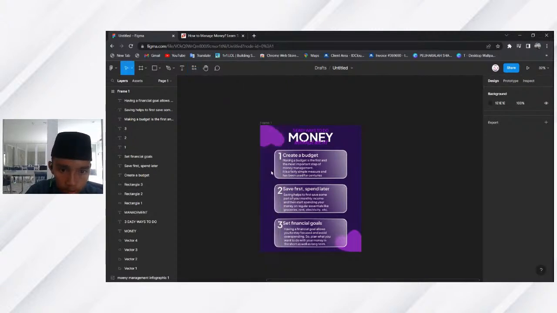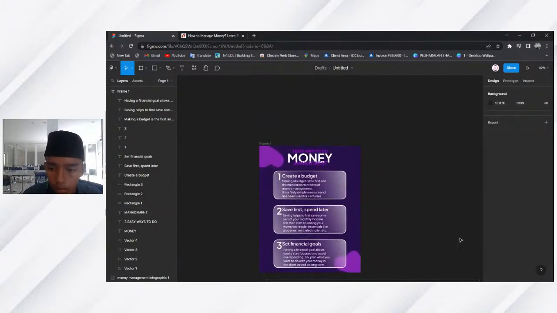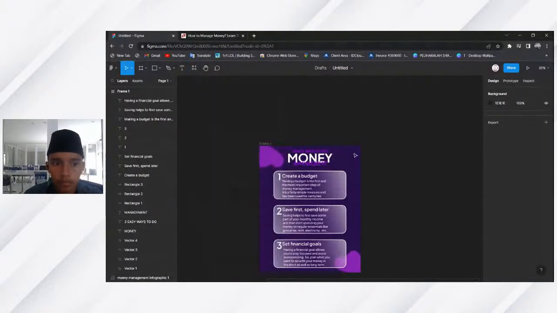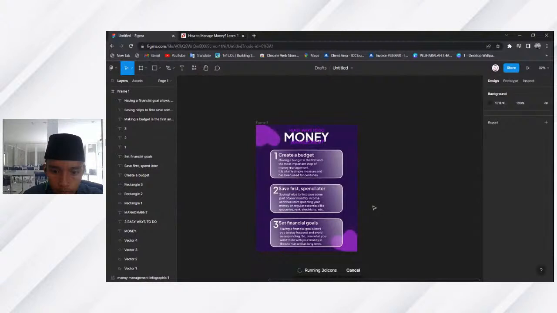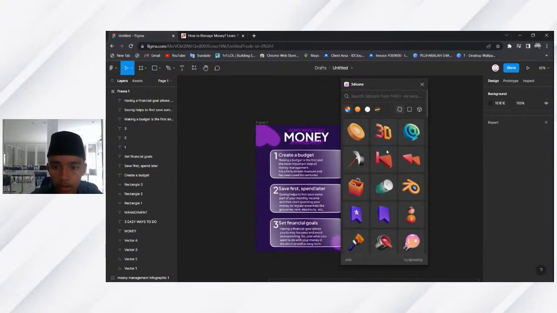Why is it not running? So okay, so here are some 3D icons here.